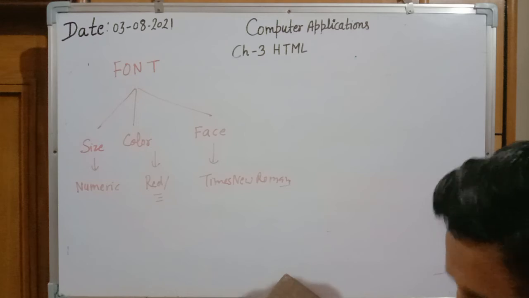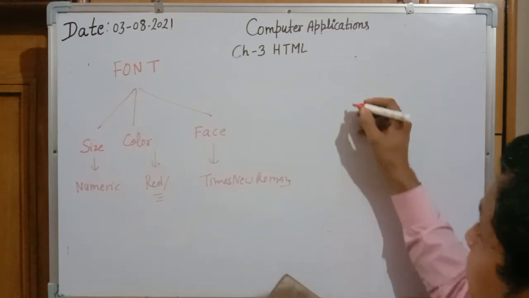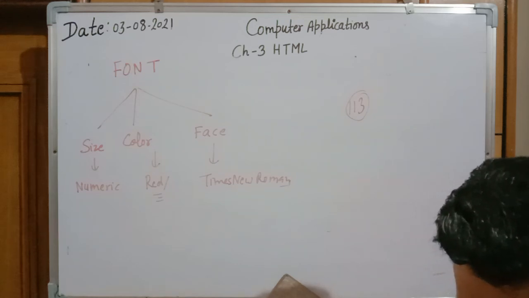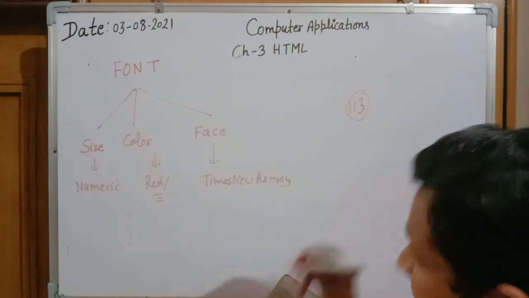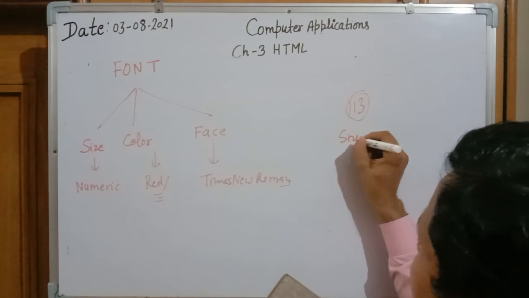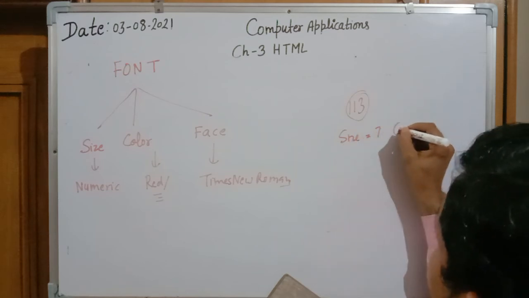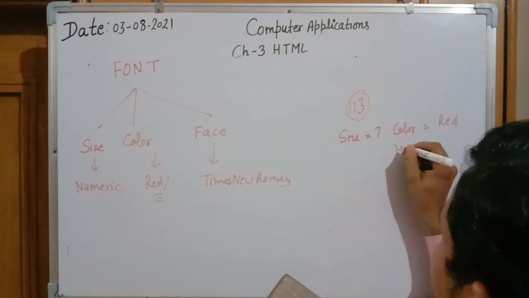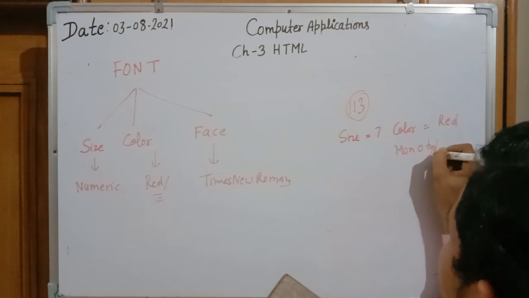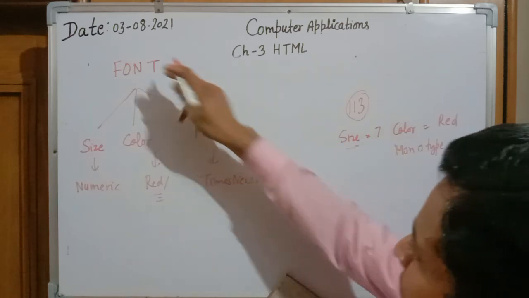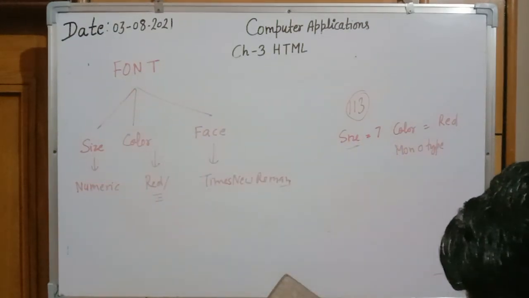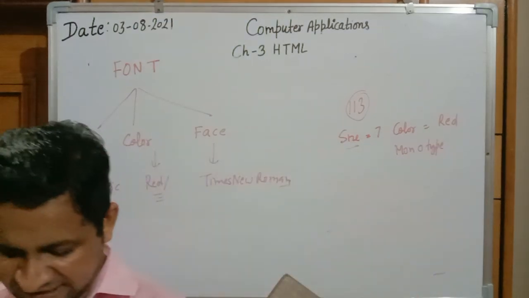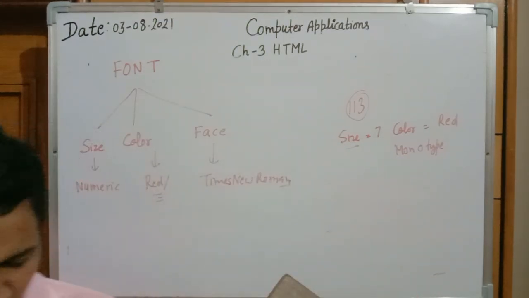Now move on to example number 18 on page number 113. I am starting reading from the body tag. In body they have written font size is 7. Size they have taken 7, color they have taken red, and type they have taken monotype cursiva. These are 3 properties of the font attribute: size, color and face. Afterward, what is written? HTML is used to design and create the web pages. See the output on the next page.